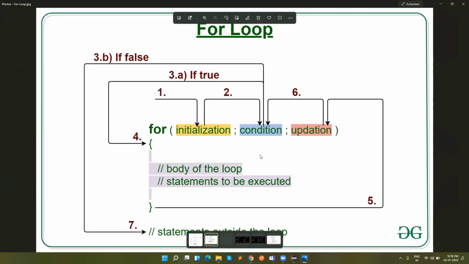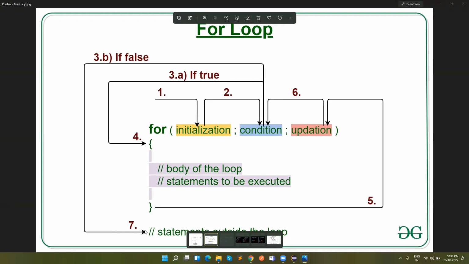And for the for loop as well, I have told you the structure, but let me open this as well. So here first it will be the initialization. Then whenever the for loop execution is started, first it will initialize the variable whatever you have written, then it checks the condition. If the condition is true, then it executes the lines written inside the for loop. If the condition is not true, if false, then it directly comes out from the loop.